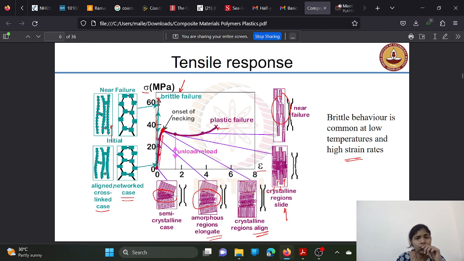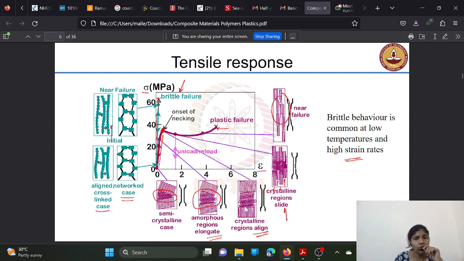Here, when you take some semi crystalline case, this represents a semi crystalline case. At the origin of the stress strain graph, the material response is semi crystalline. But after loading to some extent, within the proportional limit, within the elastic limit, the amorphous regions elongate. So the crystalline regions will stay as such, but the amorphous regions in between will tend to elongate, and at this point, this is the yield point, right? At the yield point the crystalline regions will align,